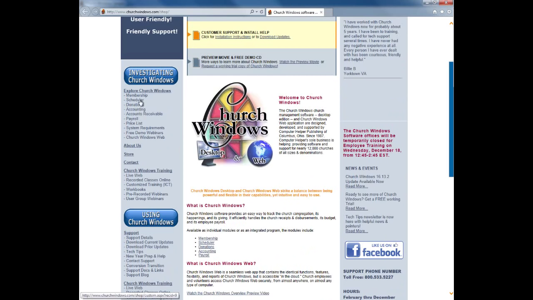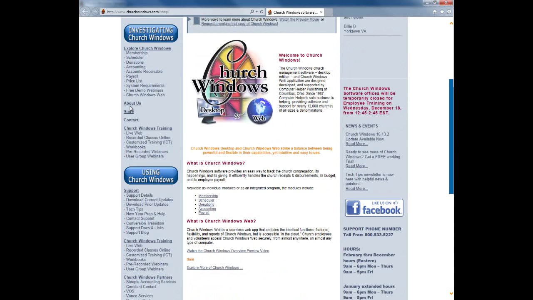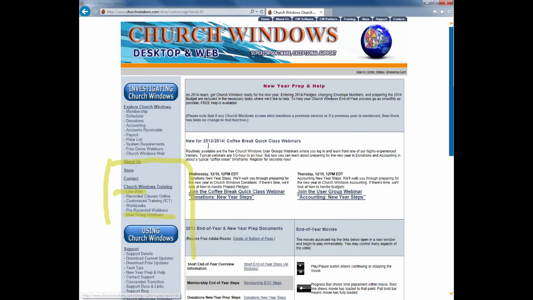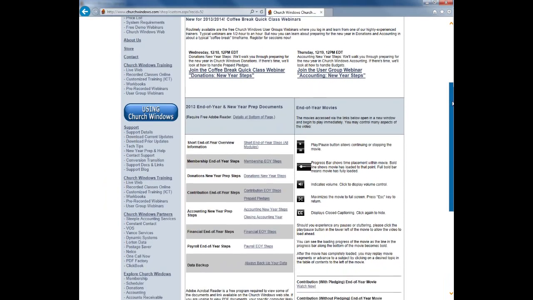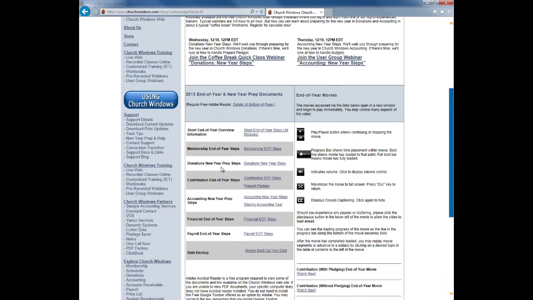I've gone to www.churchwindows.com. It's changed a little bit here in the past week or so. First of all, down here under Support on the left side, under Using Church Windows, we've got our support section, New Year Prep and Help. If you click on that, it opens up the New Year preparation page, and we see our coffee break quick classes, of course, advertising it. But notice right here our donations New Year prep steps, or we've got it at the blog page,